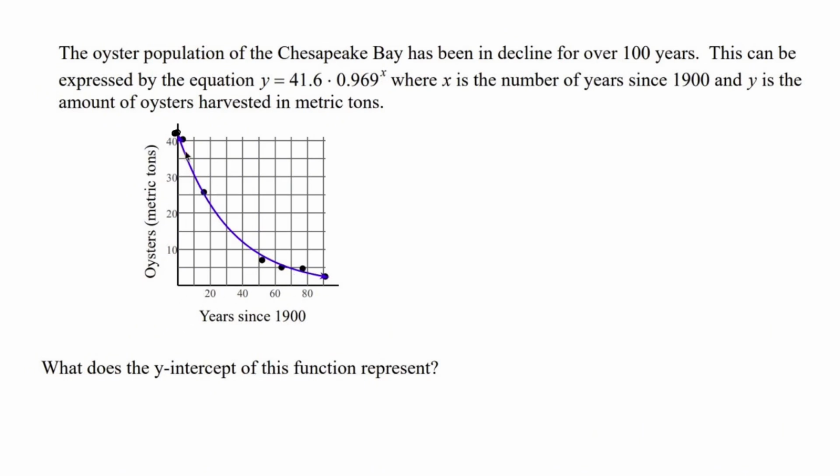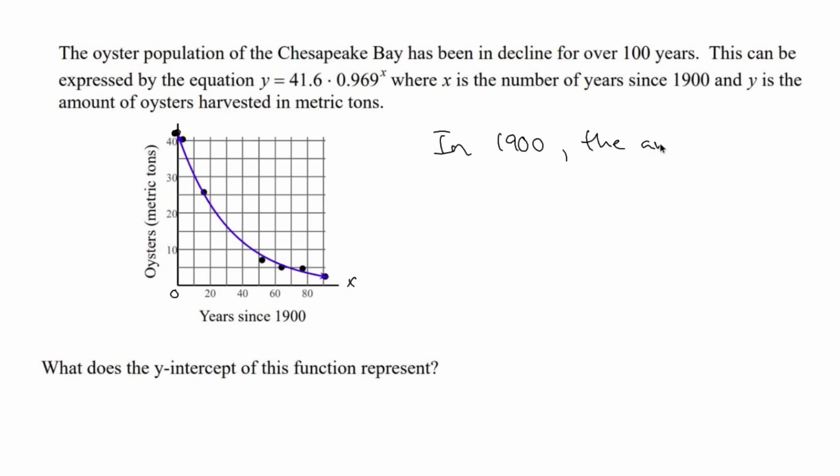Now, the y-intercept happens when x is 0. When x is 0, that means 0 years since 1990. So we can say 1990, or 1900. So magic happens here at 1900. And according to my y-intercept, which looks like it's a little above 40, that represents 40 metric tons of oysters. So we can say in 1900, in that year,